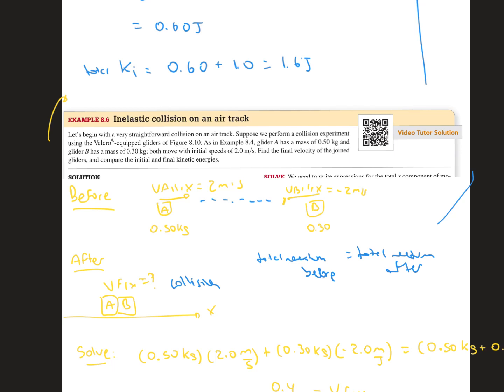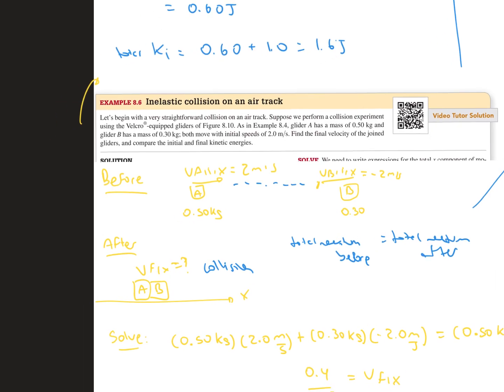In this problem, we have a collision experiment equipped with gliders A and B. We know that glider A has a mass of 0.50 kilograms and glider B has a mass of 0.30 kilograms, both moving with an initial speed of 2 meters per second. What we want to find is the final velocity of the joint gliders and compare the initial and final kinetic